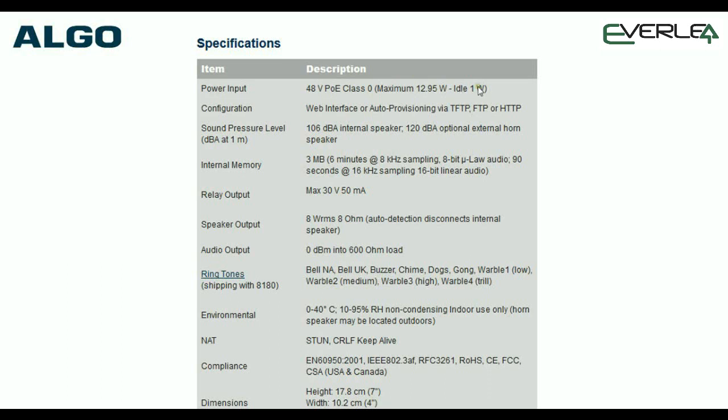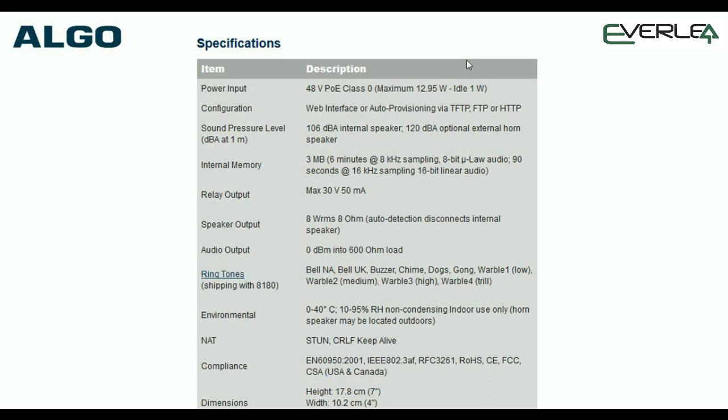Okay. Now, an Algo at maximum power draw, an 8180, is 12.95 watts. Now that is generally at paging or ringing at full volume, so the amplifier is really cranked up. At idle, it's only 1 watt. Okay, so just when you're putting together your solution, just manage what PoE switches you are using or what PoE switches the customer has got,